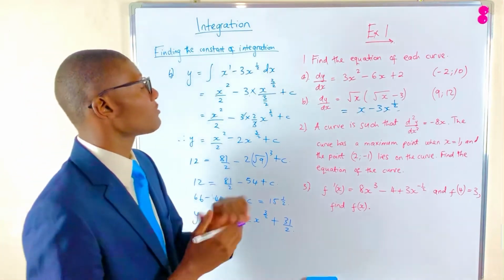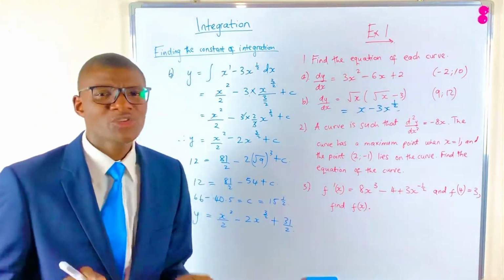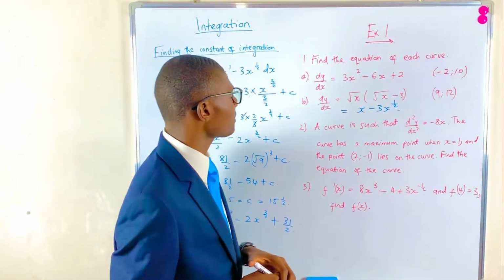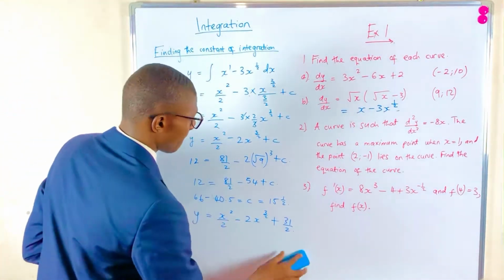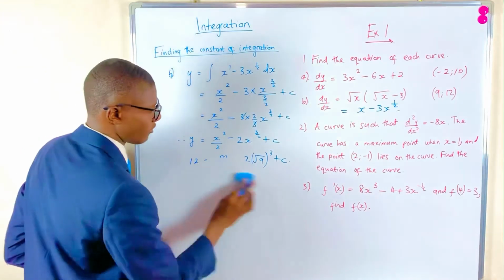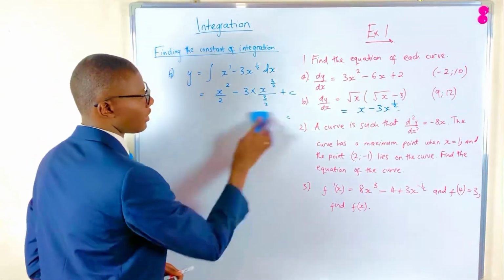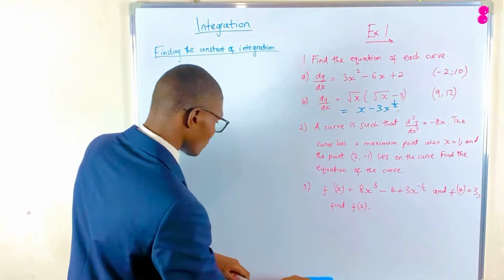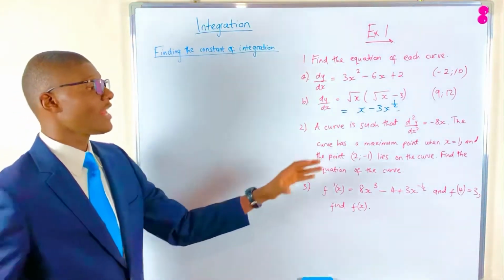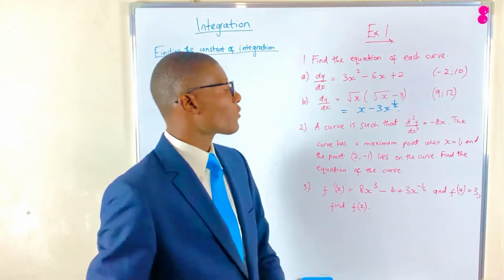Now moving on to number 2. Number 2 is a bit tricky, but we'll work on it. So allow me to erase this part for part B. Okay, so now for number 2, we are told that d squared y by dx